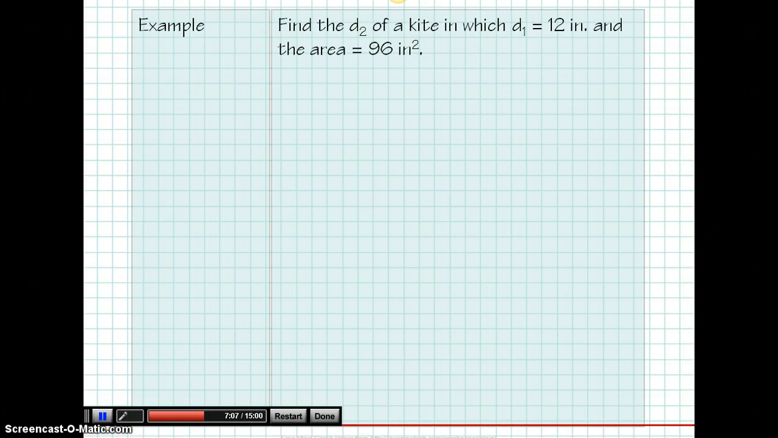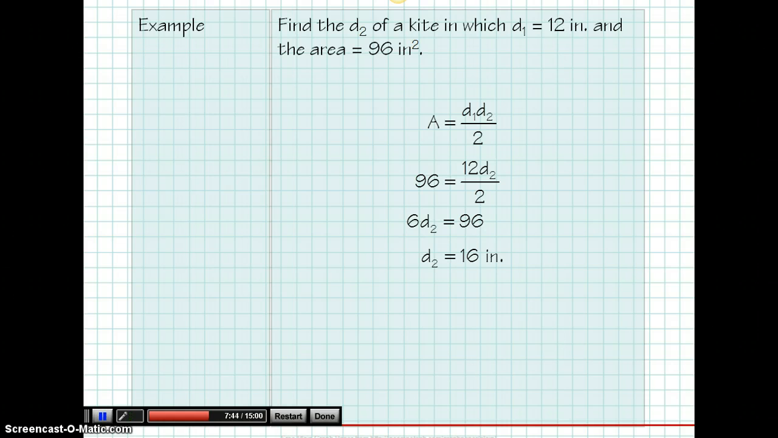So for example, let's say I've got a kite, and I know that one diagonal is 12 inches, and I know the area is 96 square inches, and I want to find the other diagonal. Well, here's my formula, diagonal 1 times diagonal 2 divided by 2. Plug in what I know and solve for what I don't know. So that means that 96 is equal to 12 times diagonal 2 divided by 2. If I had an odd diagonal here, I would multiply both sides by 2. Since I've got an even number here, I'm just going to reduce this fraction, so 12 divided by 2 would be 6. So then I just divide both sides by 6, and I get